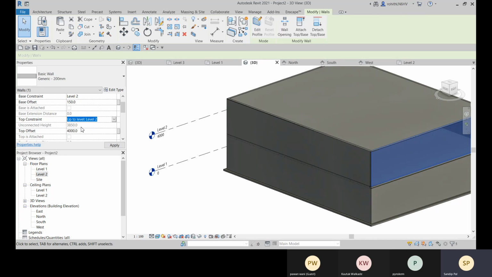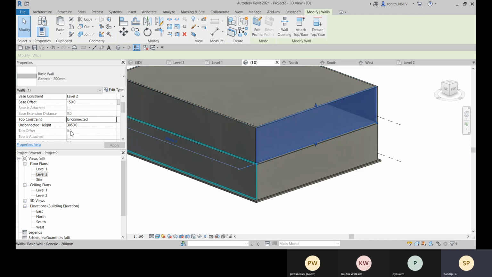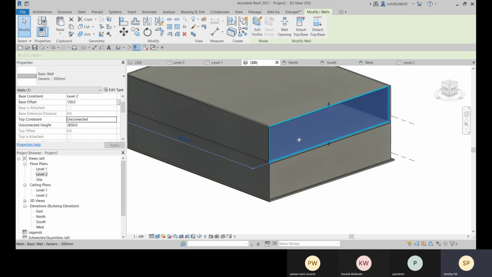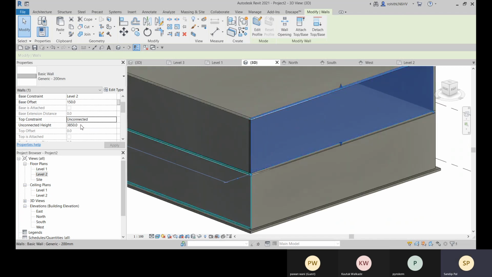So you can go with unconnected there, and now you can see right now no top offset is there. Okay, and if you're making it unconnected, you can define the total height. Then you cannot define the top offset. Top offset you can define only if you have a top constraint. So from that top constraint, you can apply the offset. Otherwise, you need a source to get the offset. So if it is not available for the top constraint, you cannot apply the top offset. So you can just apply the total height.